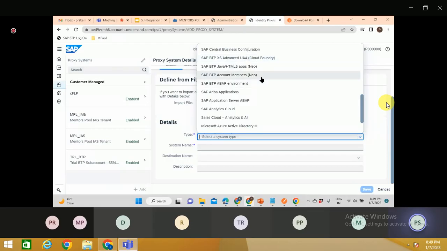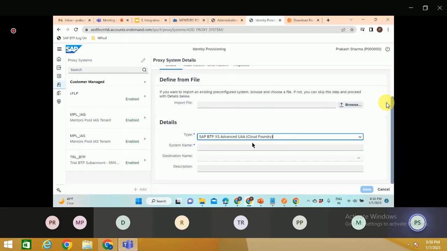So it is not the case that only these systems are supported. Once you say SCIM, at least 90% of applications follow the SCIM protocol, so you are supporting almost all types of applications in this world. You just have to be careful about which type of system you are going to authenticate, which type of system you are trying to onboard into your